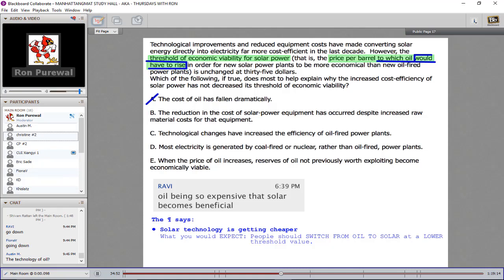Yeah, it has to be the technology of the oil, right? Because threshold value is stated in terms of just oil prices. But remember that the whole cost is not just the oil; the oil-fired technology is not free. So the only thing that could make this not happen, this would actually be inevitable if it weren't for the technology prices themselves. The only way this won't happen is if the technology of the oil-driven processes has also gotten cheaper.